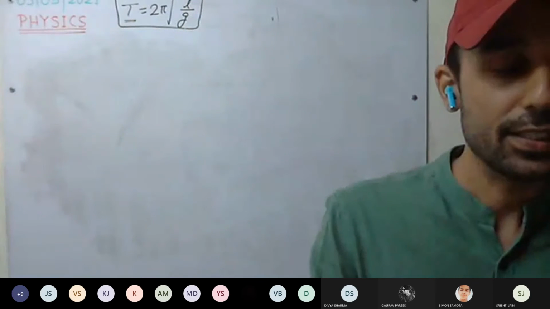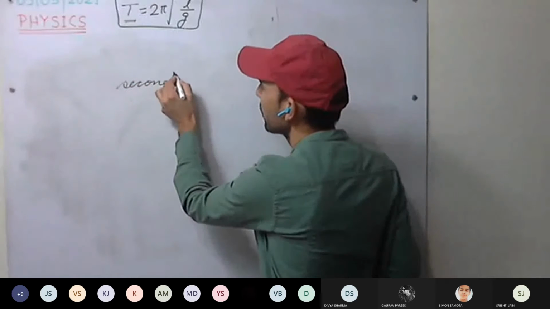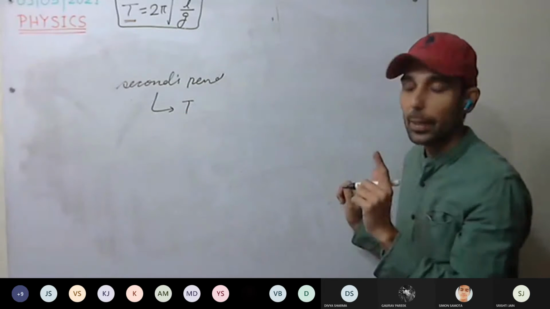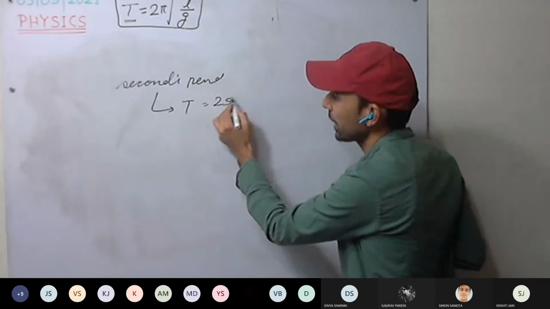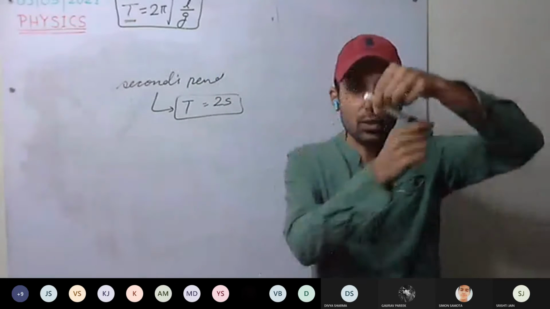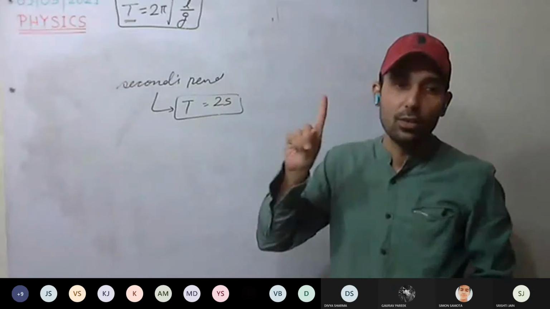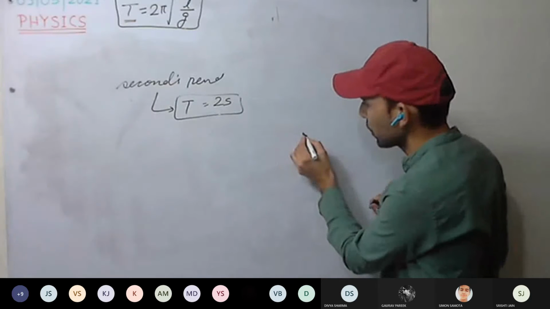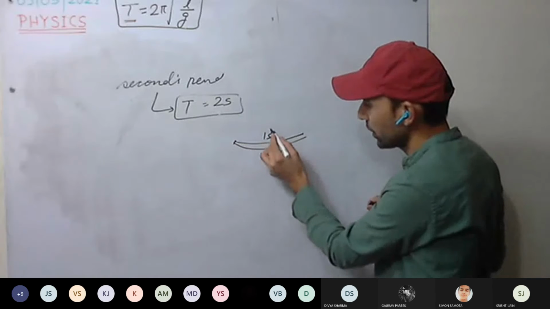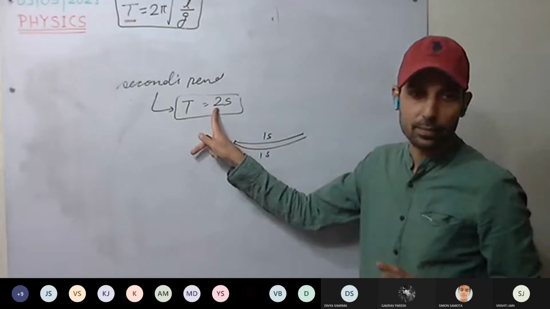One more thing is remaining, the seconds pendulum. Mainly at home we use the seconds pendulum. Why is it called the seconds pendulum? What will be its time period? Time period is 2 seconds. For the seconds pendulum, time period is 2 seconds. It means to complete one oscillation, it takes 2 seconds. To complete half an oscillation, it will take 1 second, that is, from one extreme position to the other extreme position. And coming back, another 1 second, total 2 seconds.